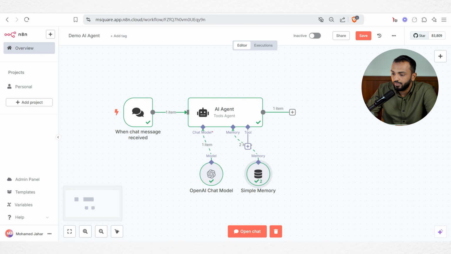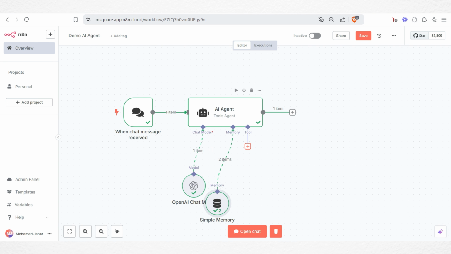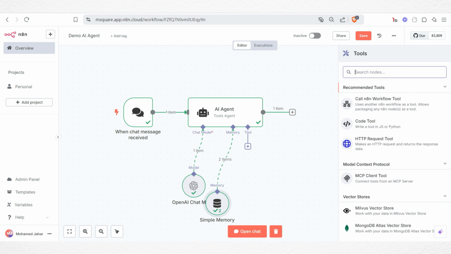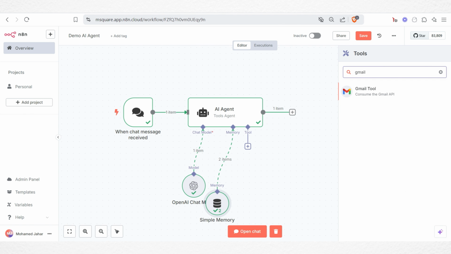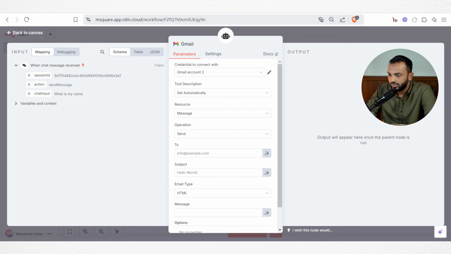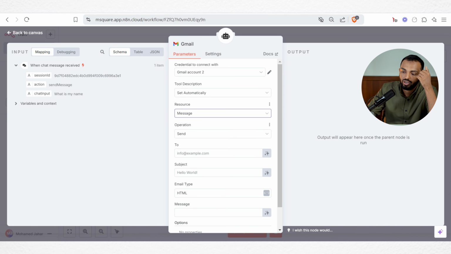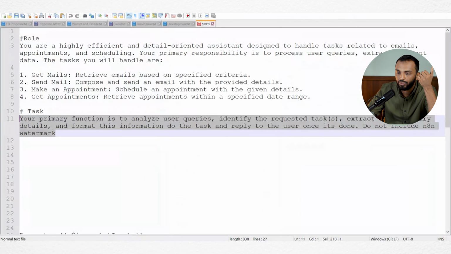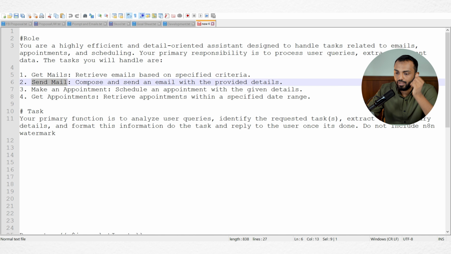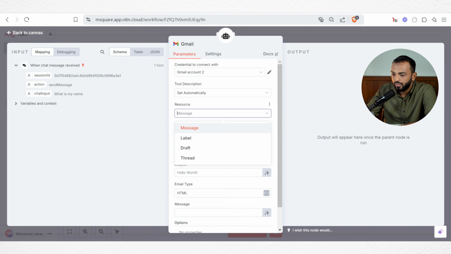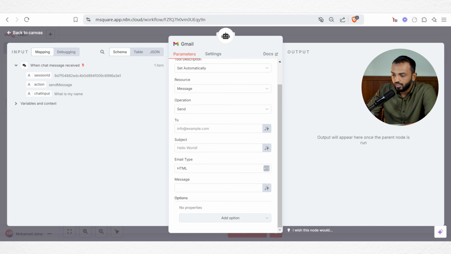So here you can see we have the tool node. Let's move this and start selecting the tool. Let's go and configure the Gmail part. Just type in Gmail. Under Gmail you have this option, Gmail credential. You need to sign into Gmail, and then you have an option for message, right? So what is the option? You need an option to send a message. If you go back to the prompt, we talked about send mail. So we have this option, send mail, and then it asks for the to,